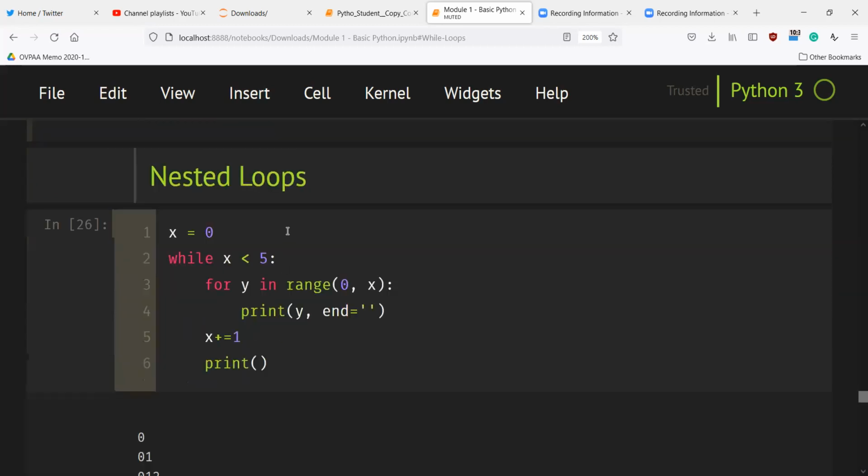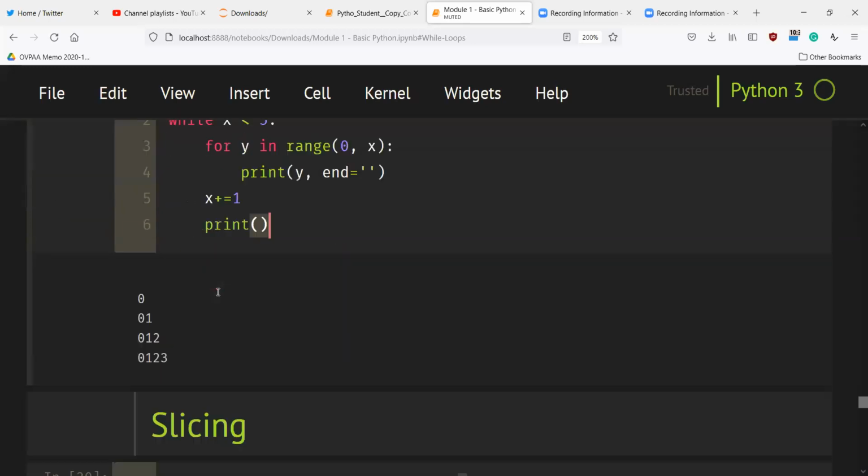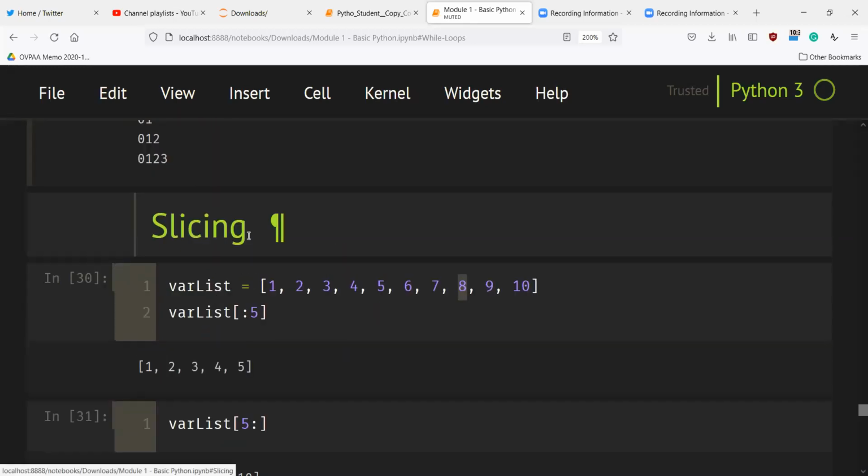We also have nested loops. Basically, you are just nesting a loop inside another loop. You can have a while loop, and inside the while you can have another while loop, or you can have a while and then inside a for loop, or for and so on. And what about slicing? Slicing is